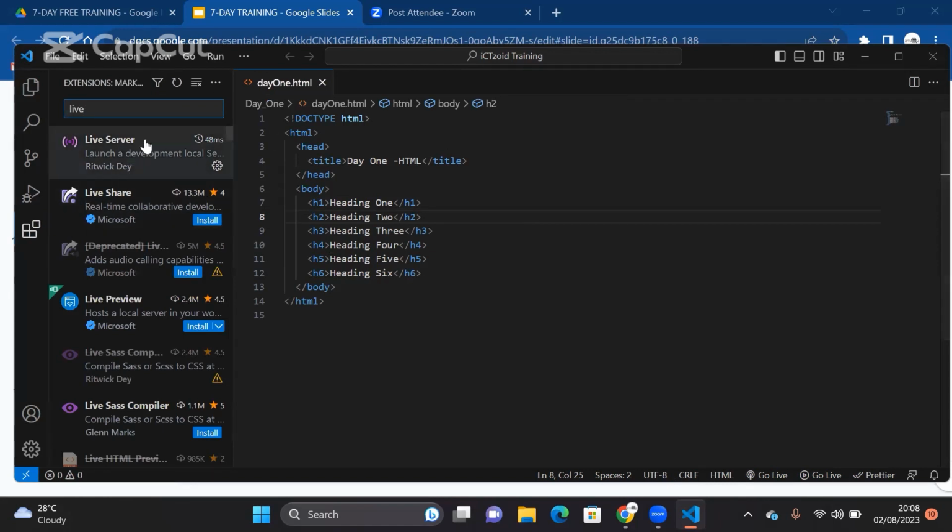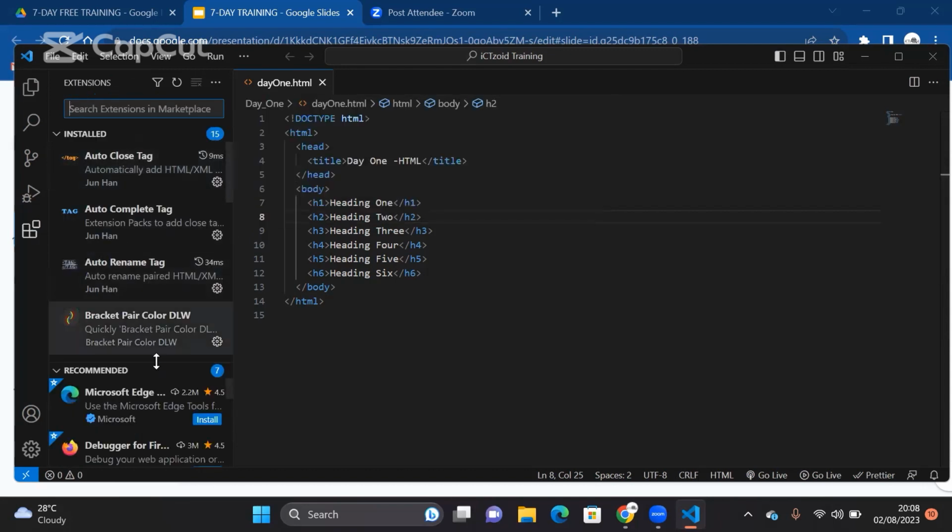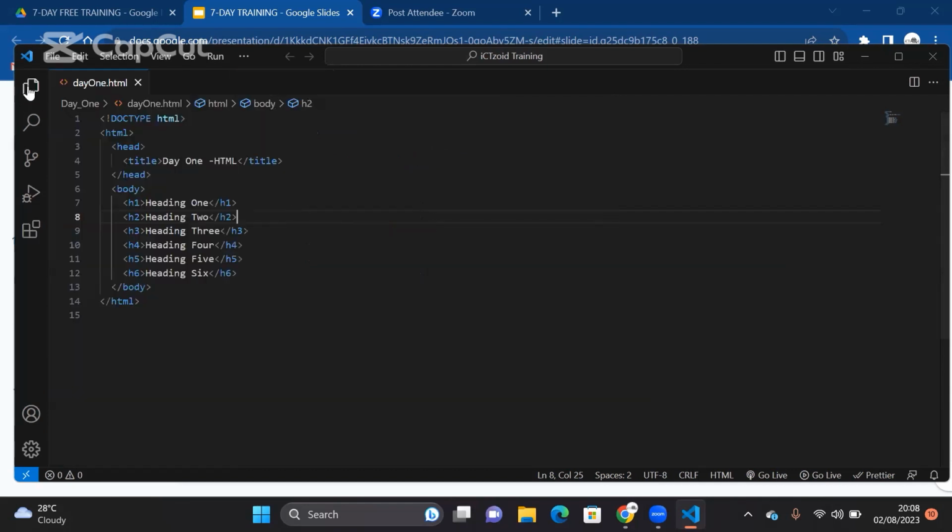So that was the essence of this live server extension that we installed yesterday. Anytime you have this open and you want to get rid of it, you can just click here. Click on it again and you see that panel will disappear. Right? Now, to launch this code using VS Code,